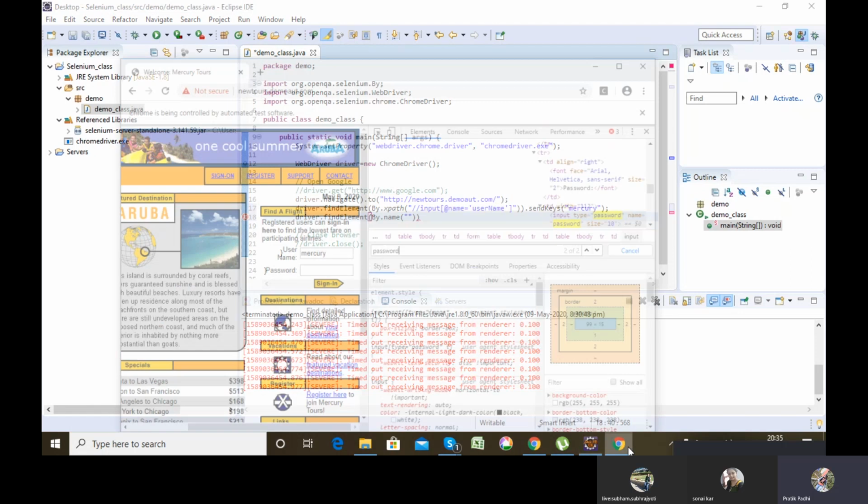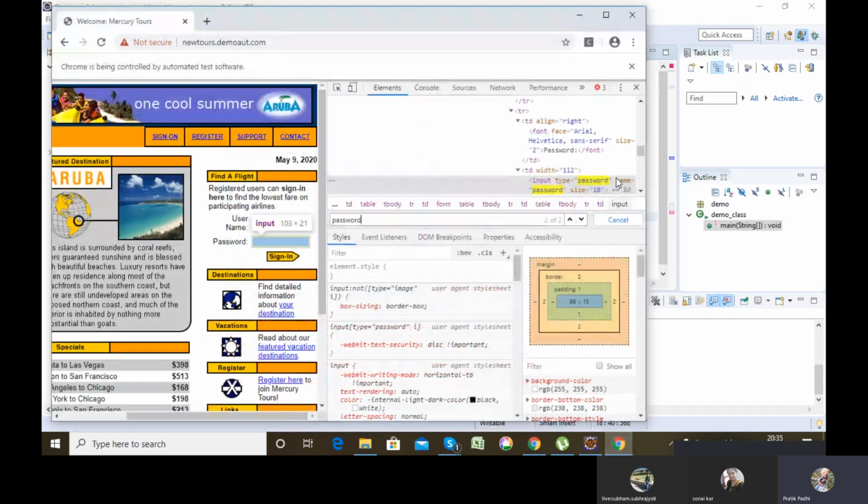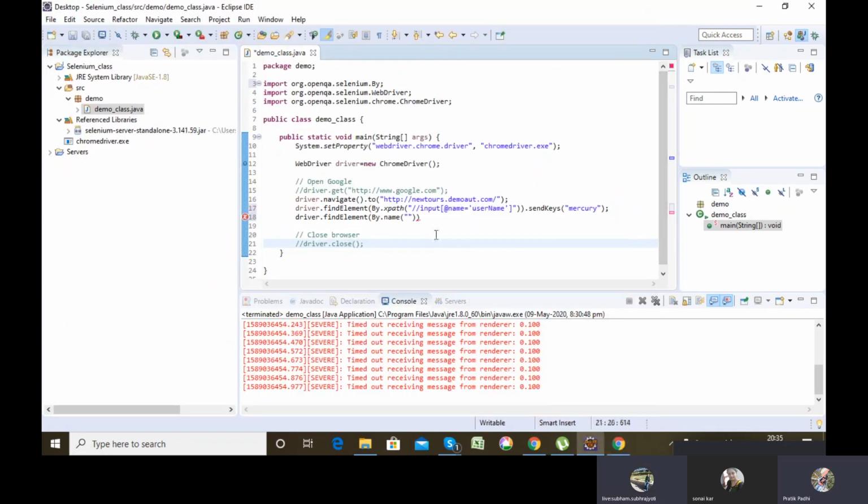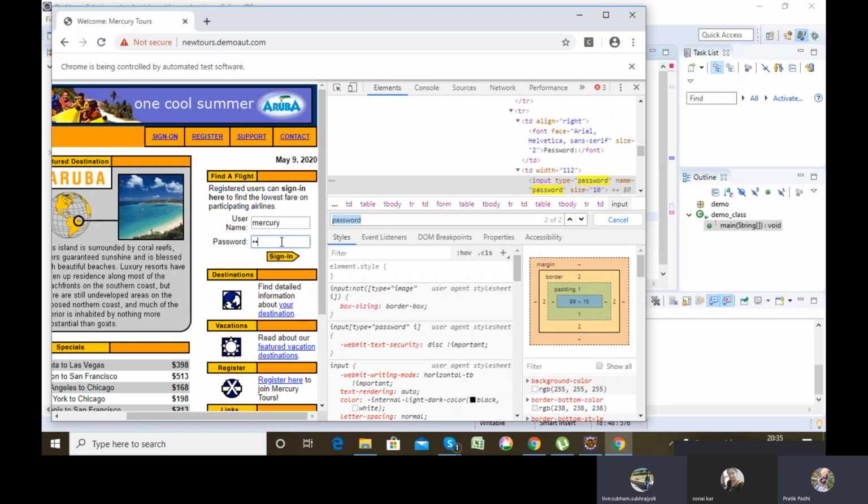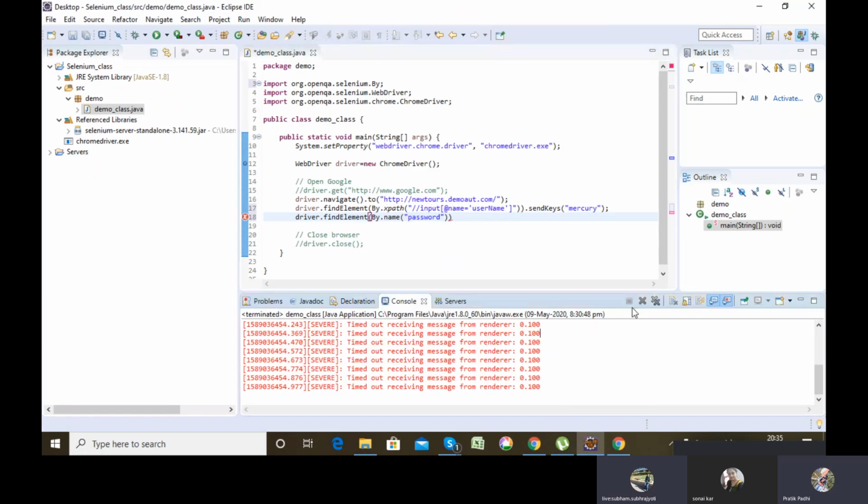I want to identify this web element using the name attribute, so I'll use By.name and directly give the value of that attribute. Similarly, once identified, I want to send the value here also, like the above one, with dot sendKeys, again sending Mercury.